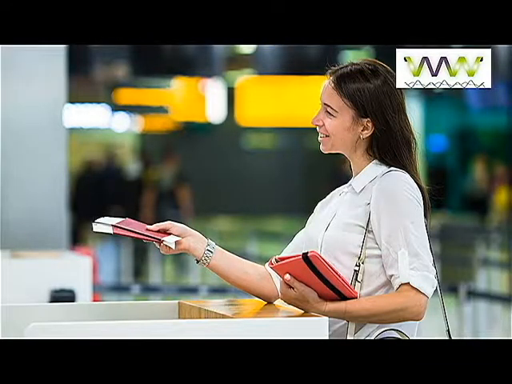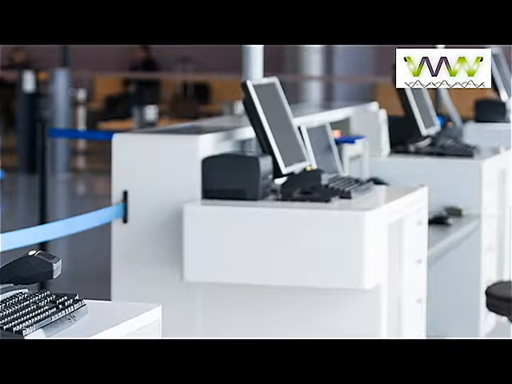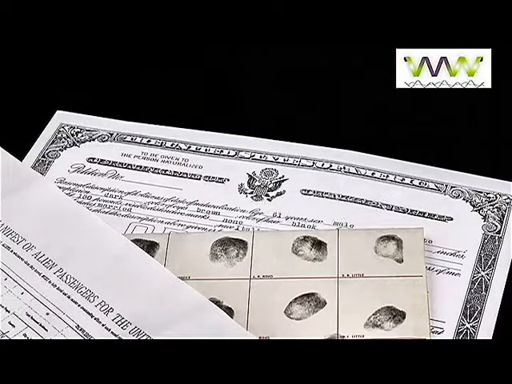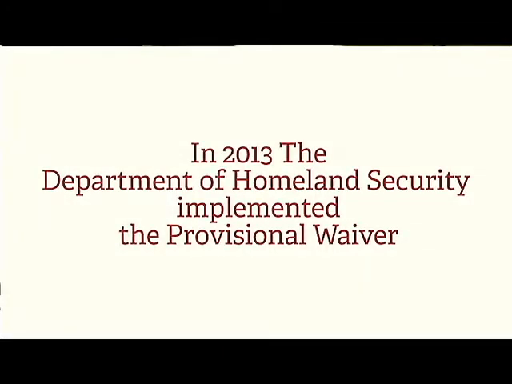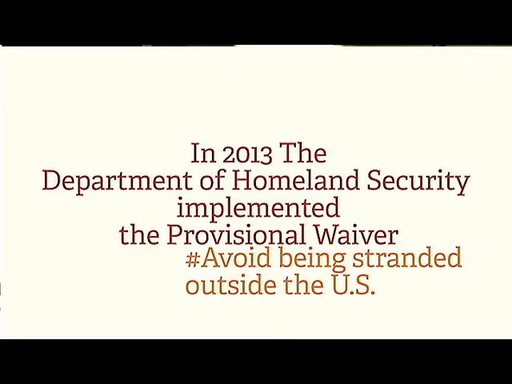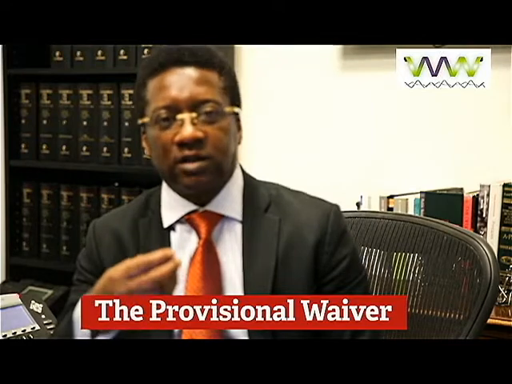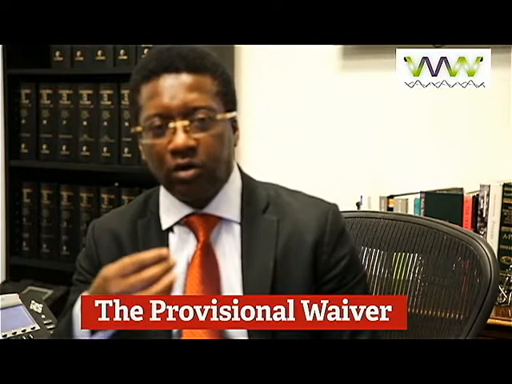I will focus in this video on one category of inadmissibility, one area of the law that creates issues and the need for caution, and that has to do with an immigration benefit that is called a provisional waiver. A provisional waiver usually is a process that allows persons who are unlawfully present in the United States to be able to get a waiver of the penalty that is normally applied to persons who are unlawfully present in the